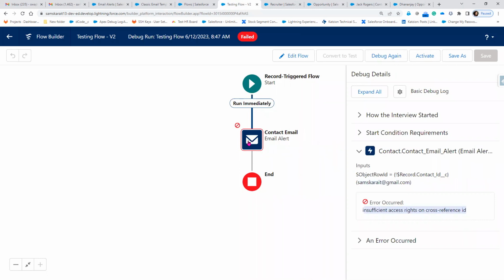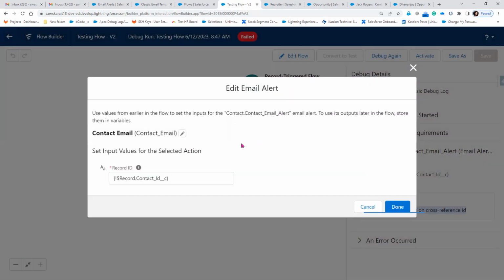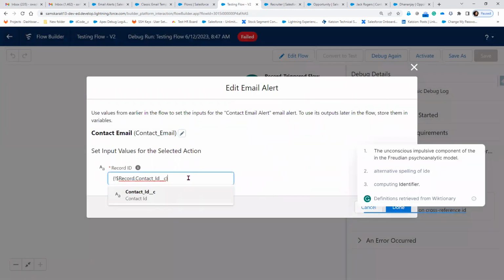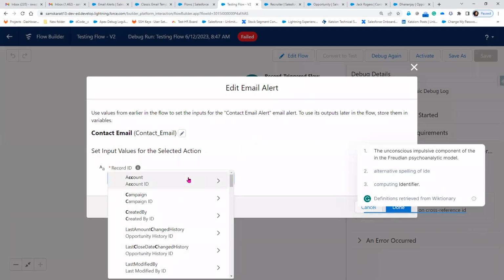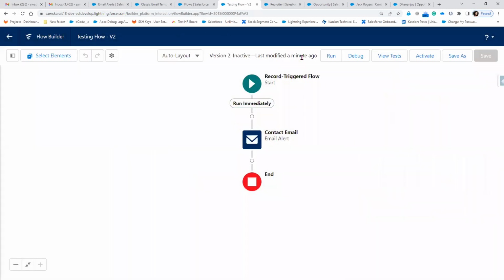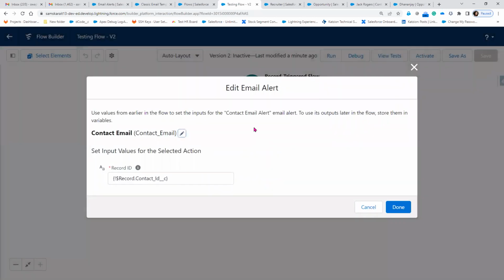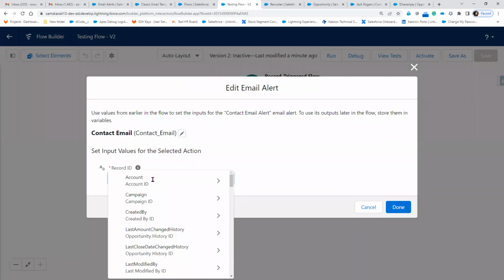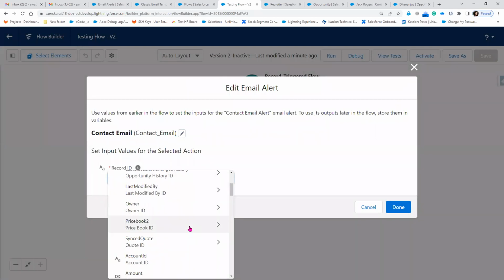Okay, so we do not have access to the cross-reference record on the record triggered level. Okay. Let me delete this. Edit the flow. Click on edit. No, it is not taking the contact ID. So what I'll do is